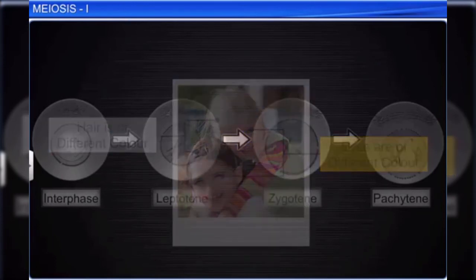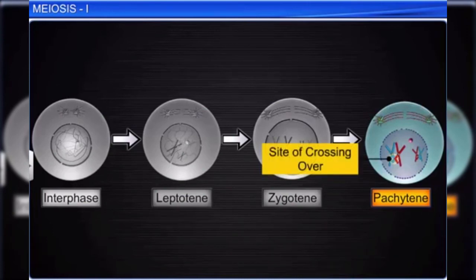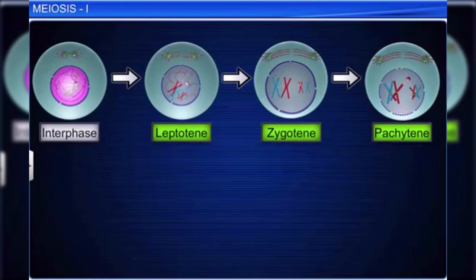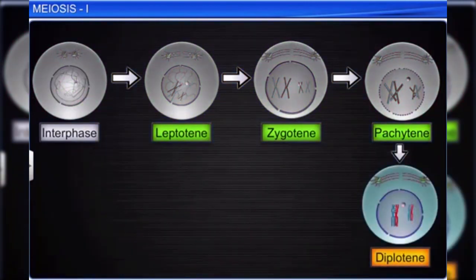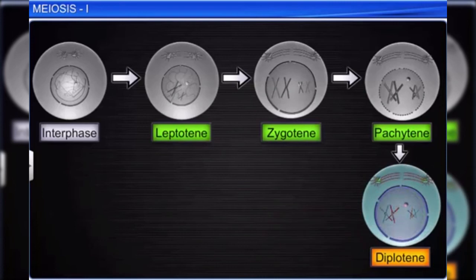By the end of the pachytene stage, recombination between homologous chromosomes is complete, and the chromosomes are linked at the sites of crossing over. The next stage in prophase 1 is the diplotene stage. The beginning of this stage is marked by the dissolution of the synaptonemal complex. Moreover, the recombined homologous chromosomes of the bivalents display a tendency to separate from each other except at the crossover sites. The X-shaped part on the homologous chromosomes that holds the 2 together once they have crossed over is called a chiasma.